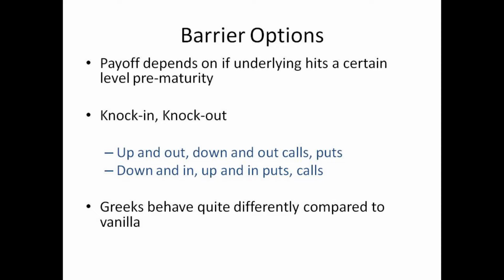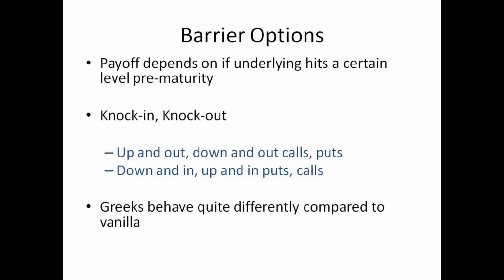An option that knocks out like that equally would be less expensive, because with a regular call option the underlying could fall to 95 and then continue up to 150 and you'll get a payout, while with the knockout option it's knocked out,